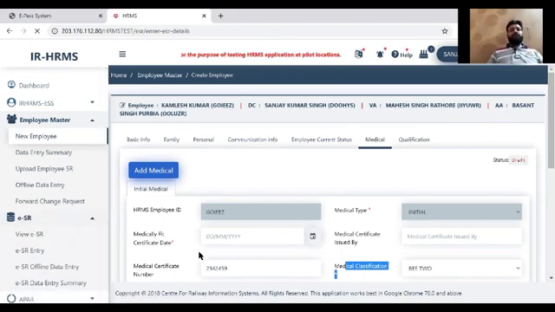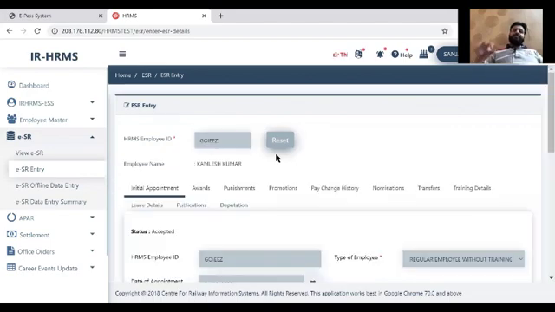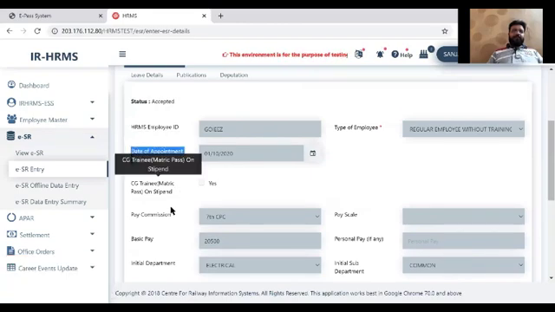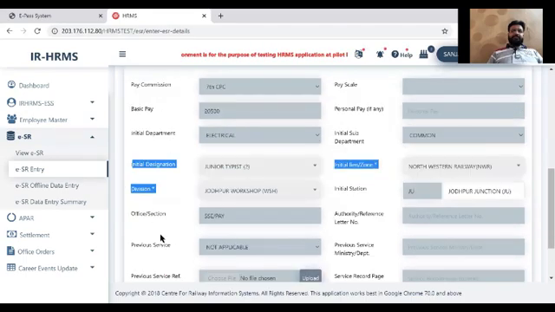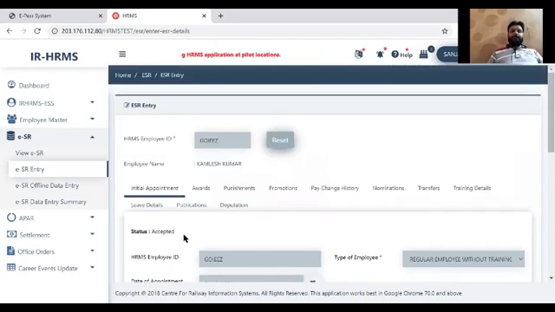Let's move to ESR now. In the e-service record, we'll put the same HRMS ID. Then the initial appointment tab. This is all the information at the time of appointment. In the initial appointment tab, we have complete information here: date of appointment, pay related details, designation, office, section, previous service. The initial appointment detail is now in accepted mode because we have accepted this information from the 3 levels, BC, V and A. The current information.